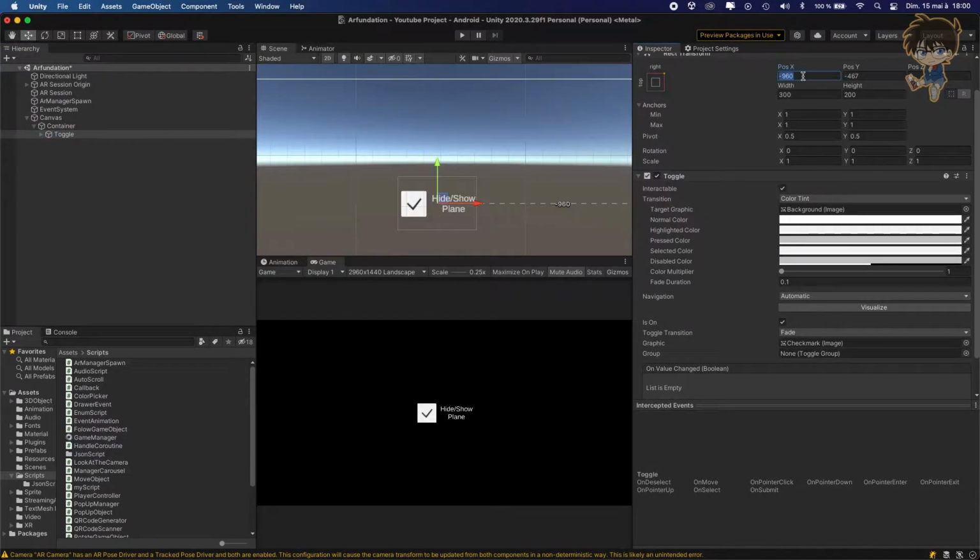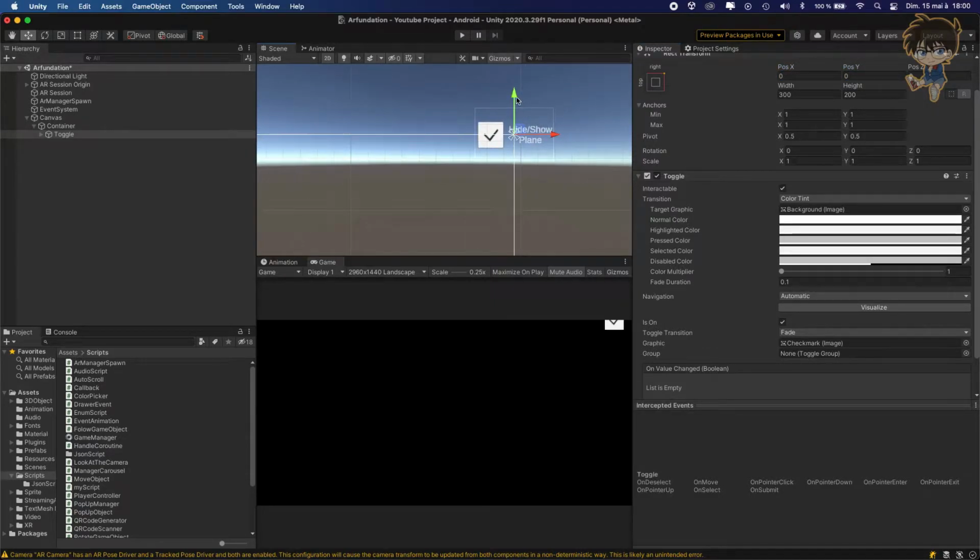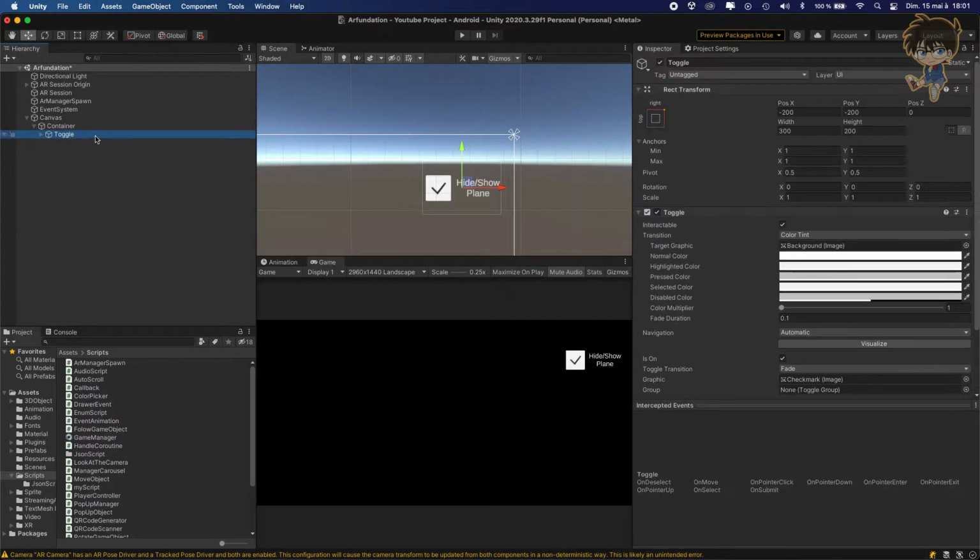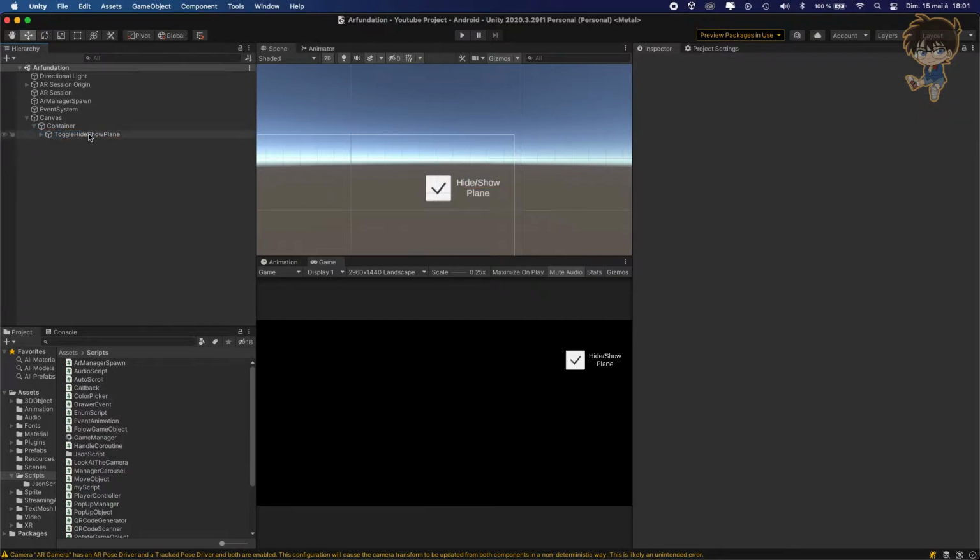And make sure, so 0, 0, and maybe minus 200 and minus 200 will be fine. Like this, we are sure we got everything. So right now, let's rename this toggle hide show plane. Okay, let's duplicate this toggle like this, Command D or Control D,